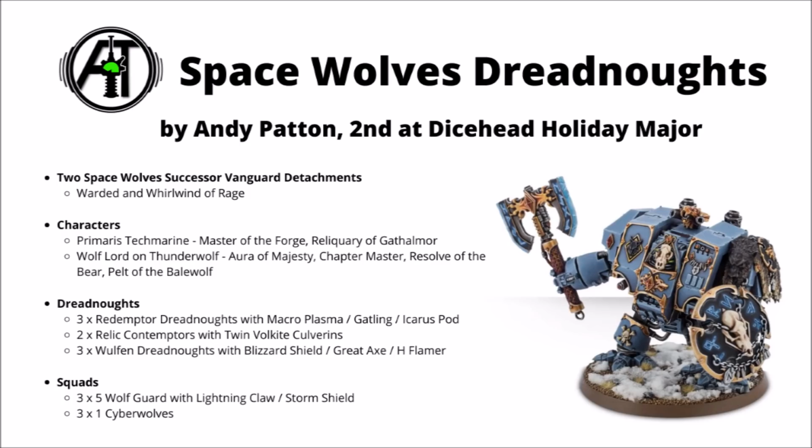The other big supporting threat is a Wolflord on Thunderwolf, with the Aura of Majesty for a 9-inch aura of reroll once, and a similar 9-inch ability for reroll all hits, as he has been upgraded to a Chapter Master as well. It's a very decent support piece, can be quite threatening in melee with advance and charge for the Thunderwolf, plus having a Thunderhammer and Storm Shield to crack at the enemy with,